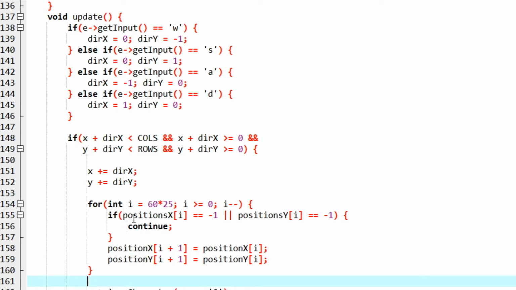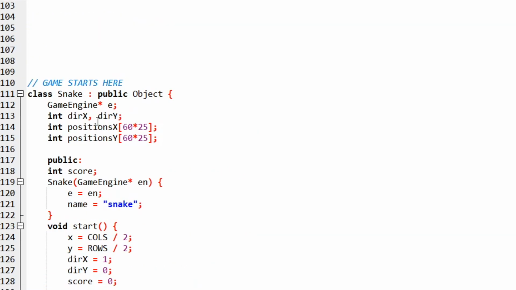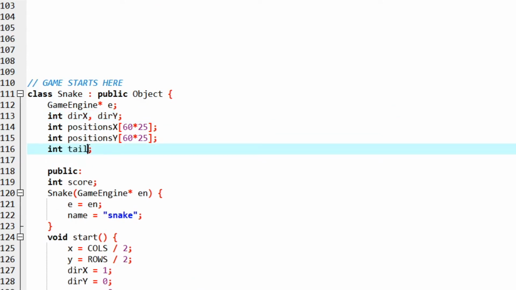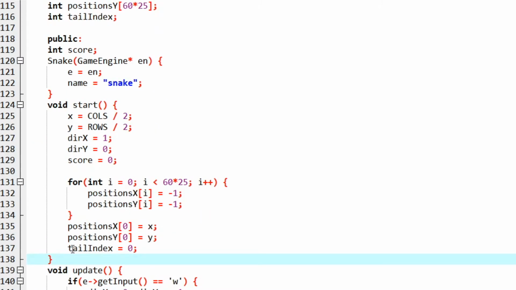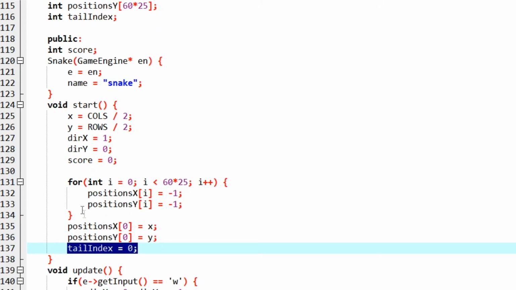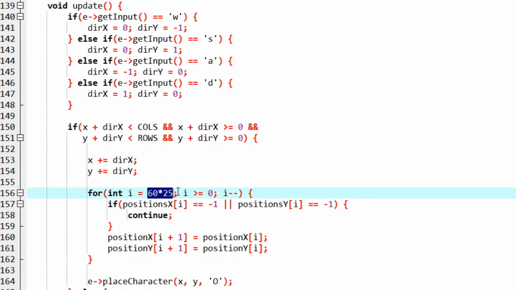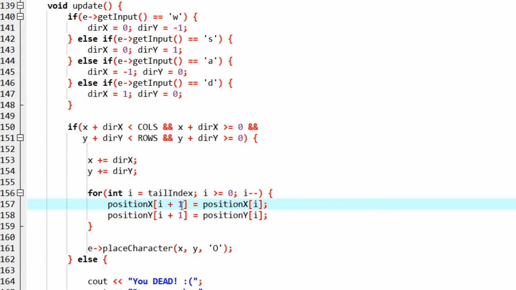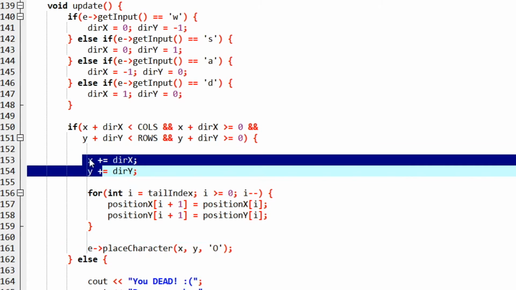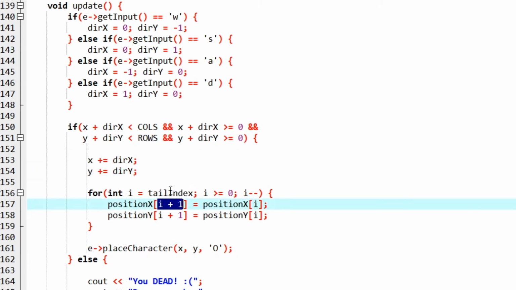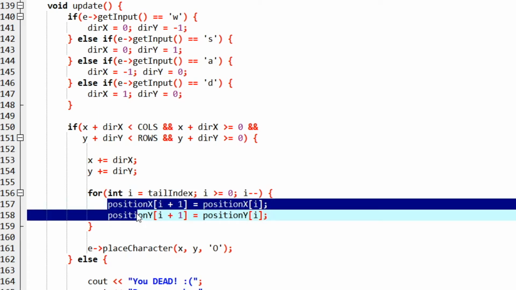I'm just realizing something. We should be storing the tail of the snake as well, where the snake ends. We should be storing that as well. I'm going to create 2 more variables. Actually, only a single variable is needed. Let's call it tail index, and let's start it at 0. The tail is equal to the head, which is at the 0 position, and here we can just start from the tail. We don't need this code anymore, so we have shifted everything by 1 position, so that the head position is clear for us to store the snake's new head, which will be at x, y. The thing at the 0 index will be at 1, and the thing at 1 index will be at 2. Everything in this array is shifted 1 position ahead, so the head is now clear for us.